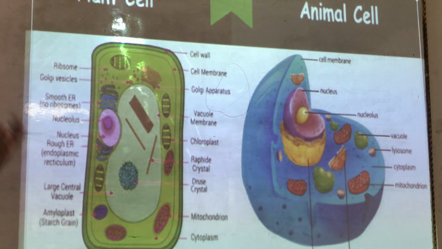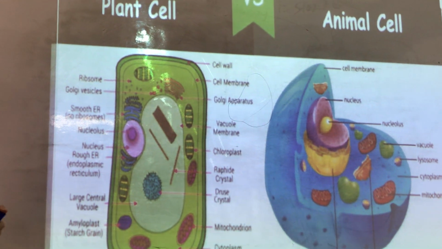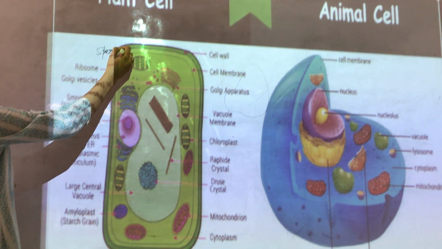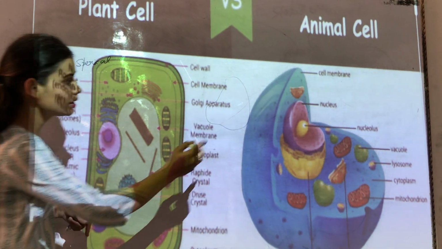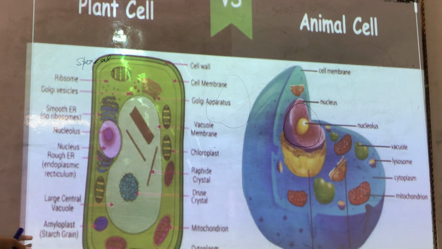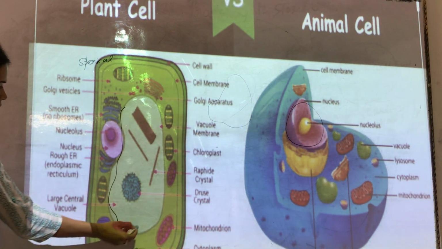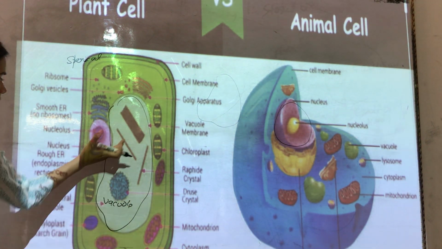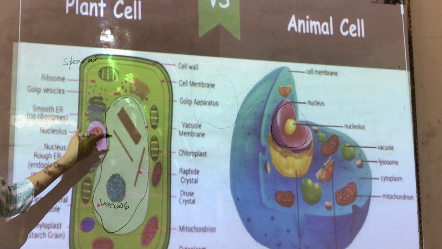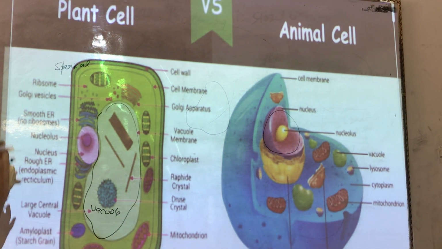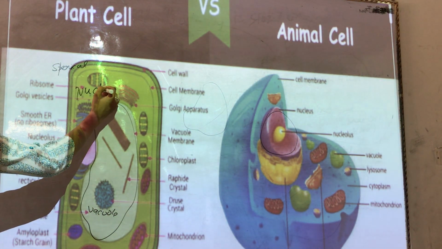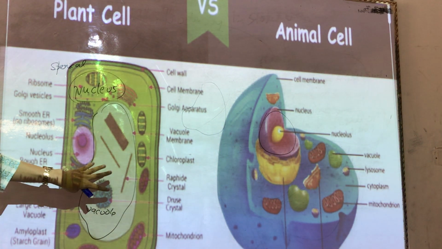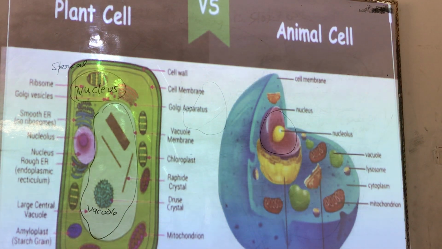If you see any cell, plant cell or animal cell, you will find this circular thing, spherical in shape, in between. In an animal cell you can see here, this is the nucleus. In plant cells, since they have this large space which we call the vacuole, that we will study later, the nucleus is a little bit shifted. It is somewhat near the center, but you will find a nucleus in each and every living cell. Largely they are in the center, and it is spherical in shape.